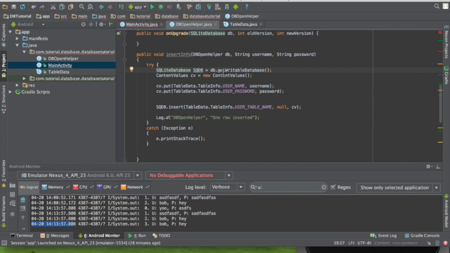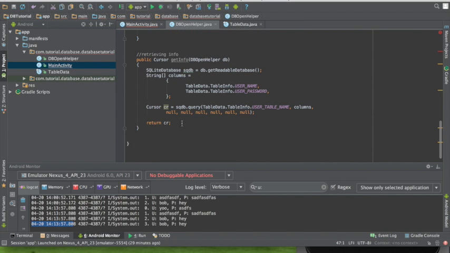SQLite db.getWritableDatabase. That means you can start writing, and then you need the content values, and then cv.put. That's gonna keep putting this value into this column, and then finally they're going to be executed in this line. All right. For retrieving it from the database, you're going to actually declare an SQLite database where you're gonna